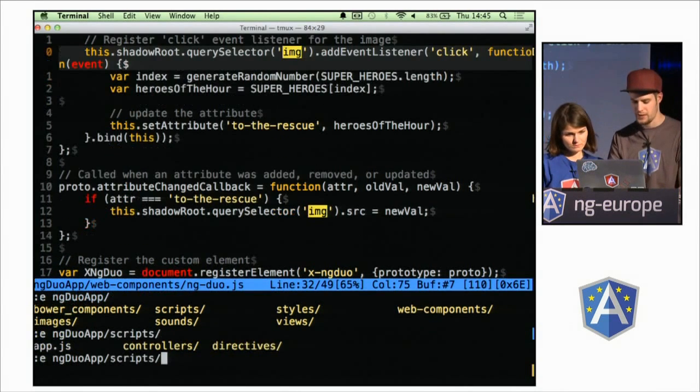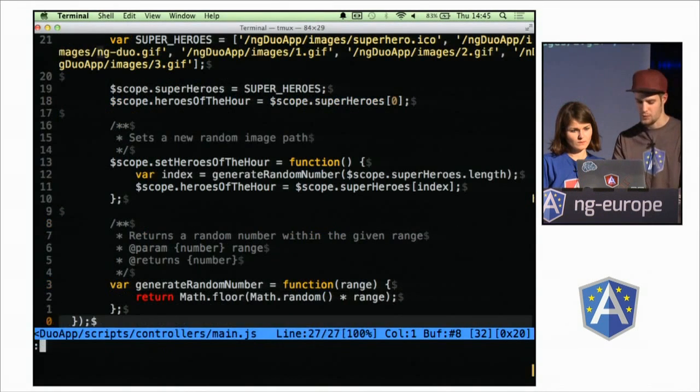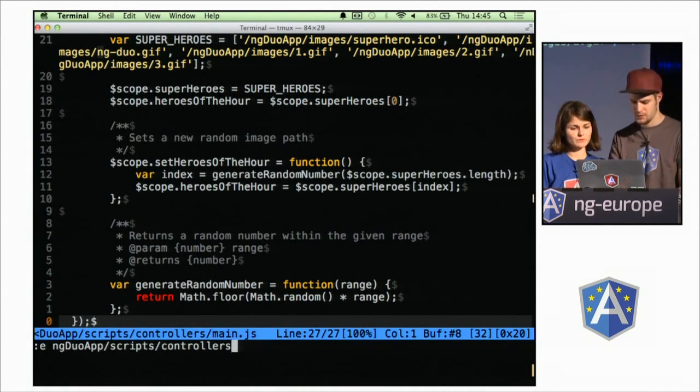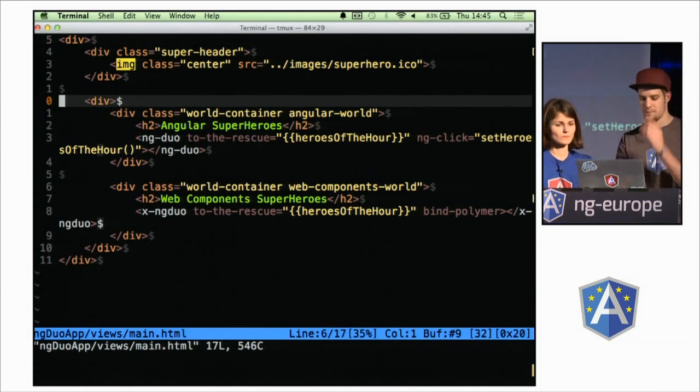So if we take a look at the controller that actually passes in the data... You should look at the partial. Yeah, sure. I think it was views, right? Yeah, there we go. So this is the markup, and here we see